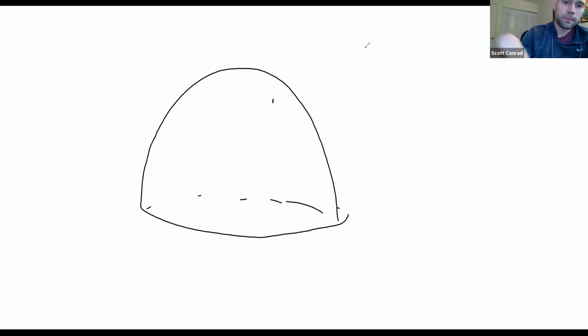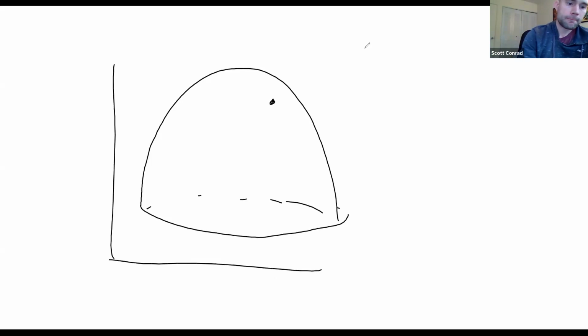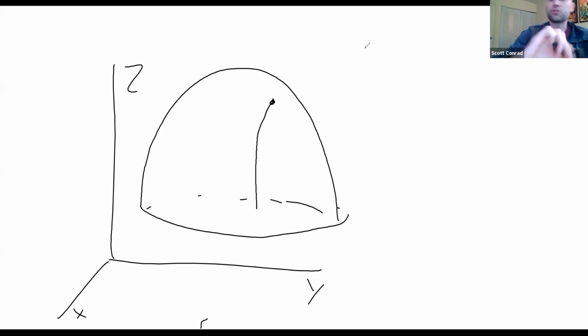So you're at this point, x, y, z. You're walking in the positive x direction, tracing out a curve. So that's a curve, and at the point (a, b), if you look at the tangent line to the curve,